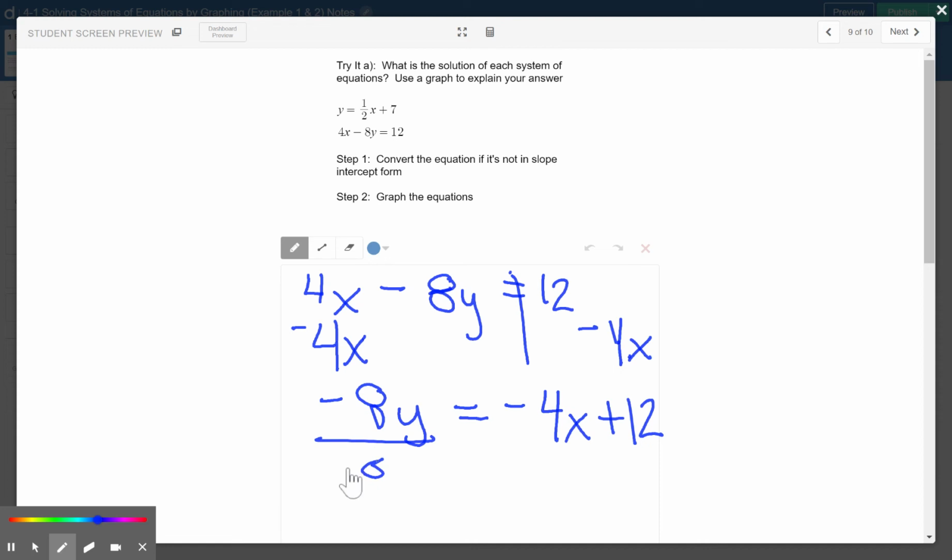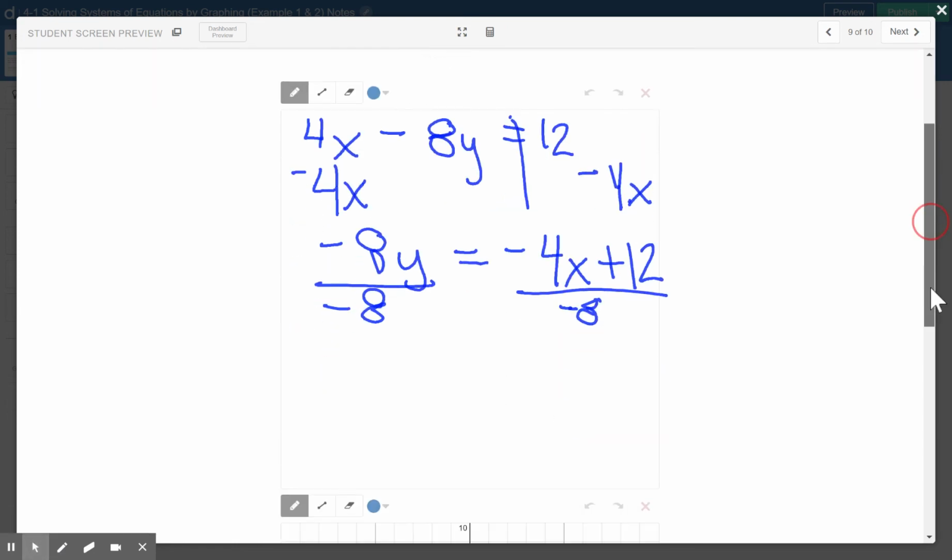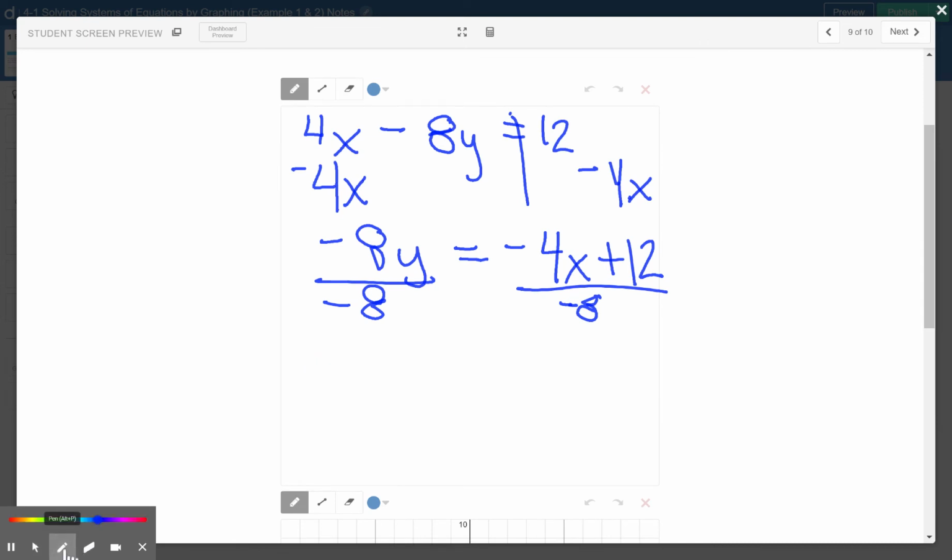And then we have to divide by negative 8. So once we get this, we are going to have y equals